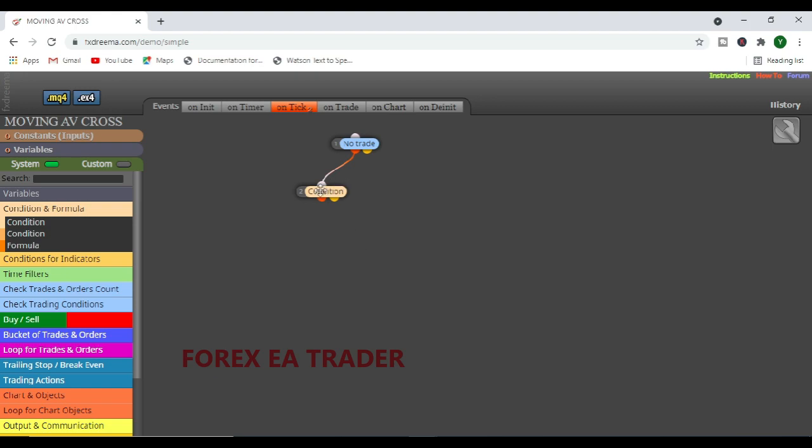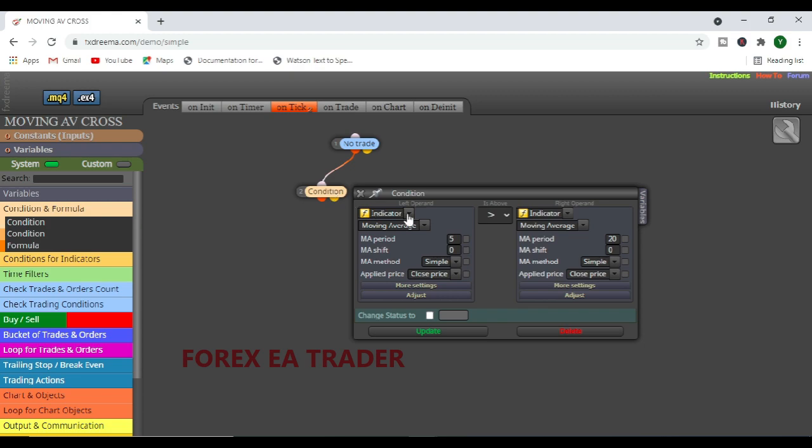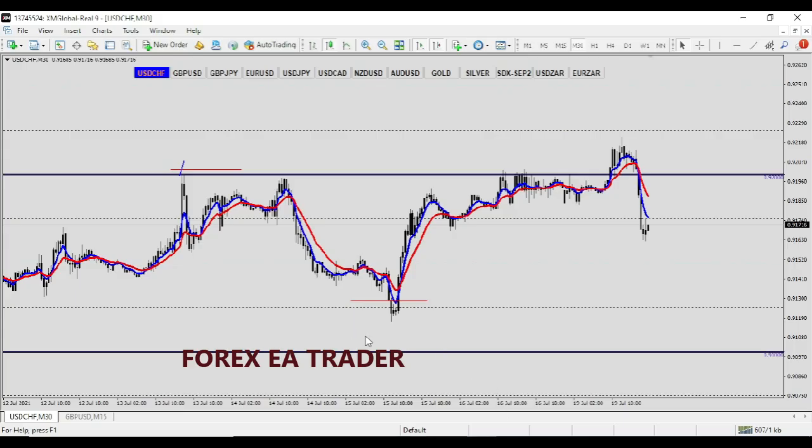And after making this connection, the robot has checked that there is no trade. Now the next condition, we want the robot, sorry, that's a right click, we don't want the right click. What you want to do is double click on condition. So these are the conditions now that we are setting for the robot. So we said we want when